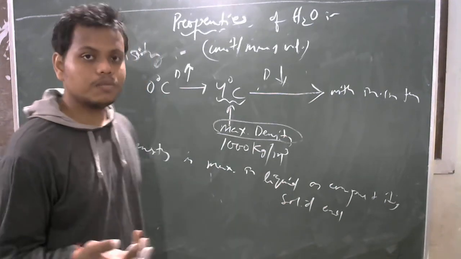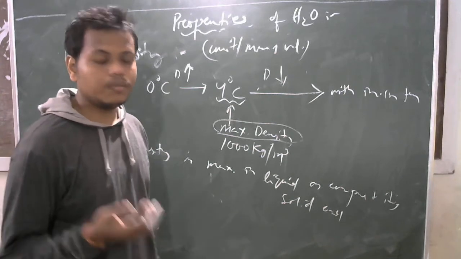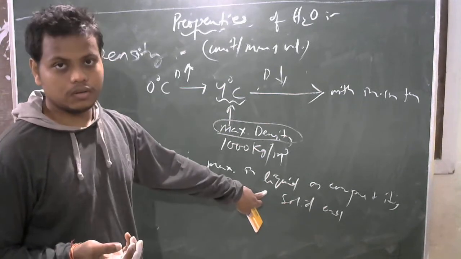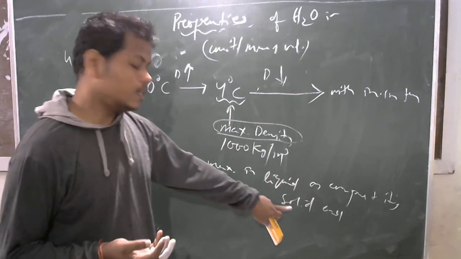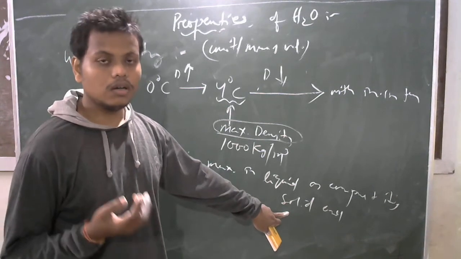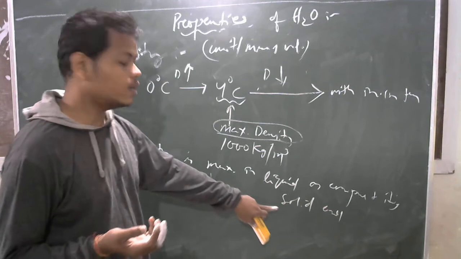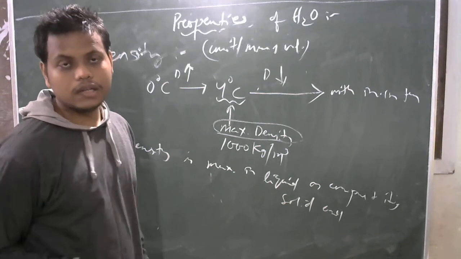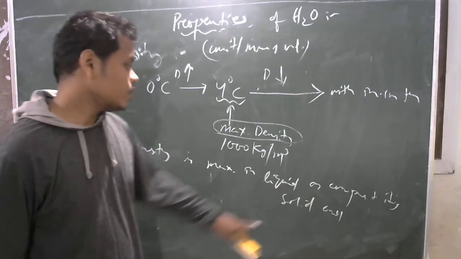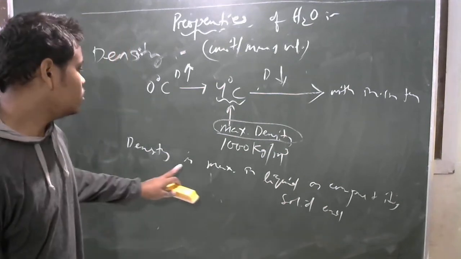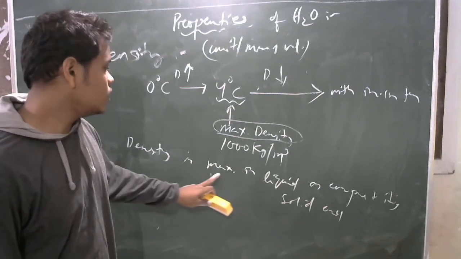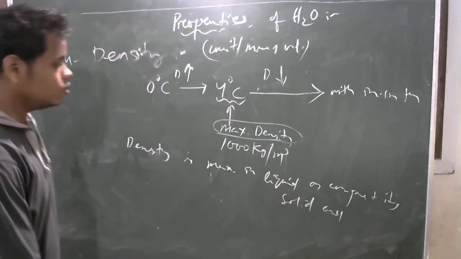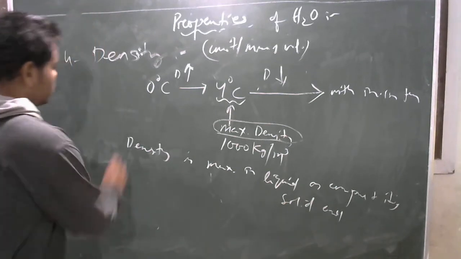That's why ice floats in water, because ice is lighter than water. Because the density of ice is less as compared to water, not only ice but also human beings are able to swim in water. Other floating plants, ships and boats are also able to float in water due to density. The density of water is more as compared to its solid form. That's why we are able to float or swim in water. Okay, so this is the density part.